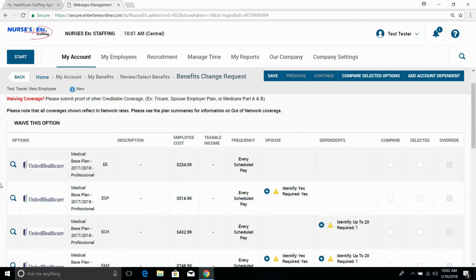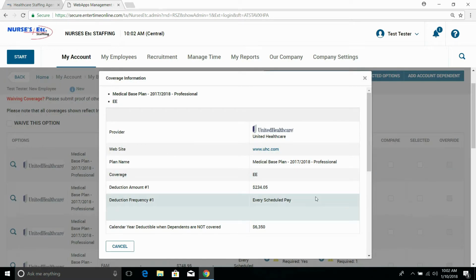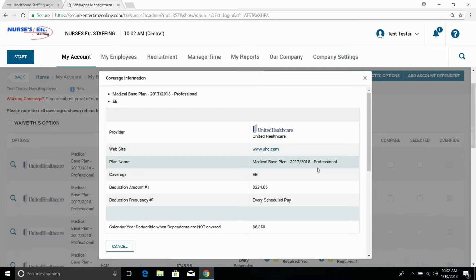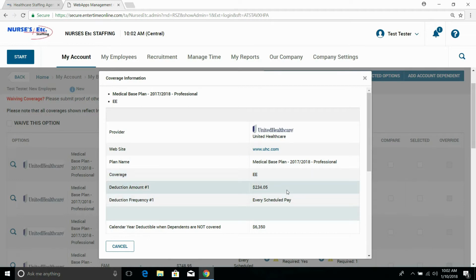Each plan has a magnifying glass next to it that you're able to hit on, and it'll give you a pop-up that will tell you information about this plan. It'll also give you the link for the website. It gives you the plan description. This is the medical base plan. It also is an employee-only coverage. It lets you know what your deductions will be,